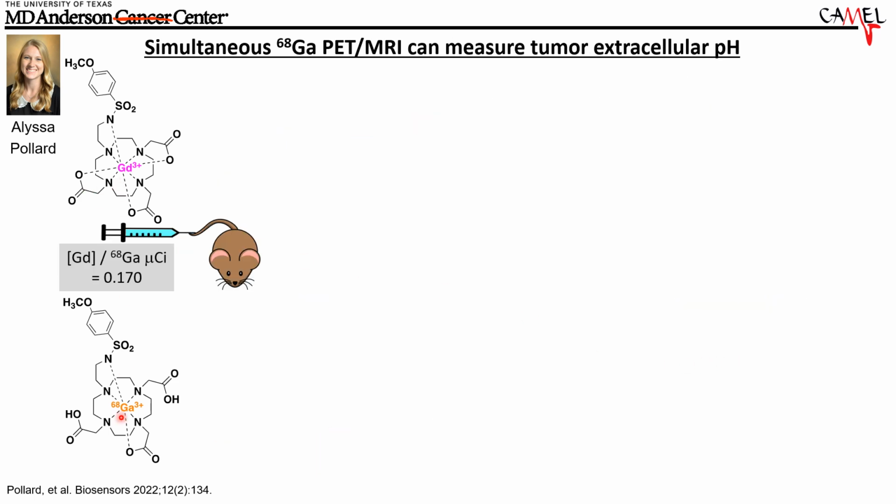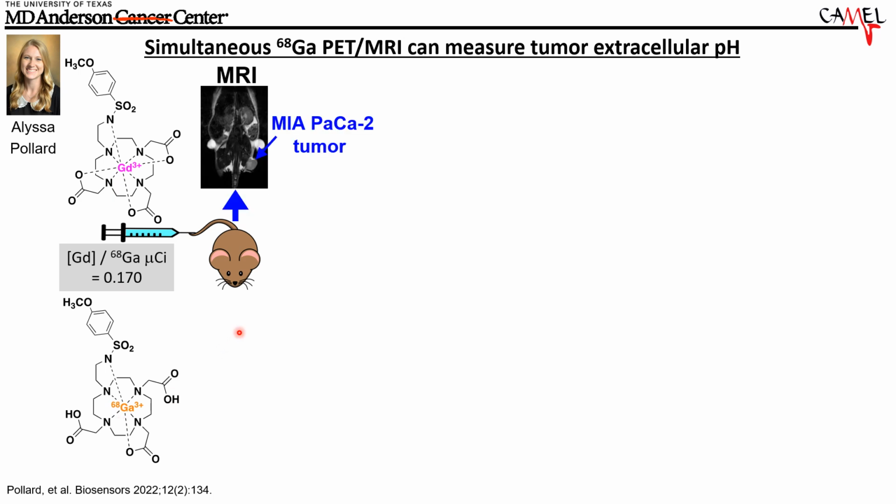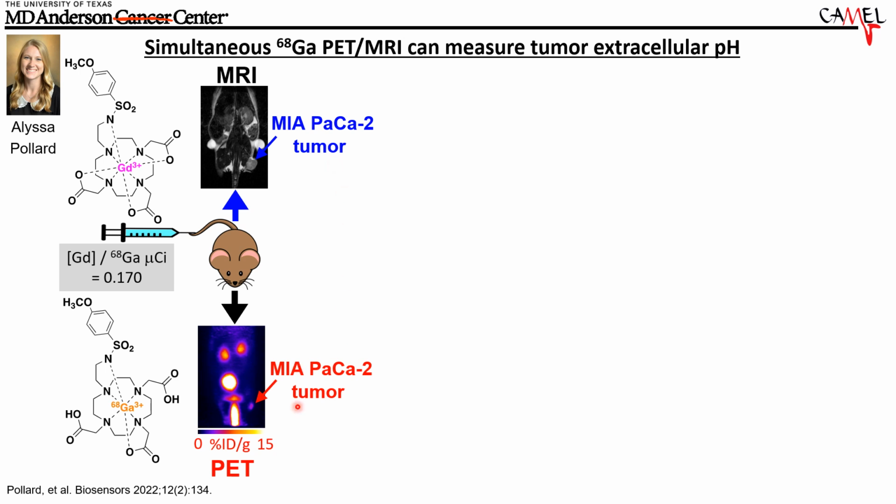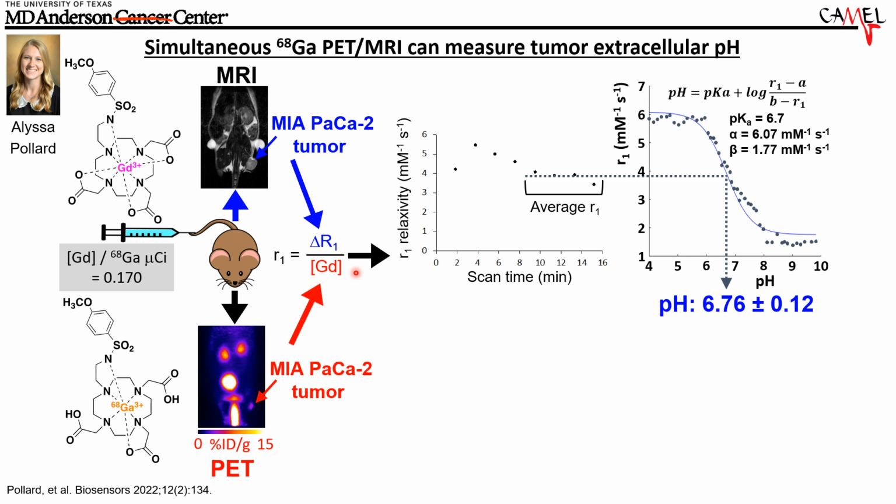So if we co-inject the gadolinium and gallium agents, well, we can measure a change in R1 within the tumor. We can measure the percent injected dose from PET. And then based upon the ratio of the co-injection at the beginning of the study, we can actually estimate the gadolinium concentration. And if we wait for enough agent to accumulate into the tumor, now we get a stable measurement. So we're not using the beginning of the measurement that has less precision due to MRI. And therefore, we can read out a pH